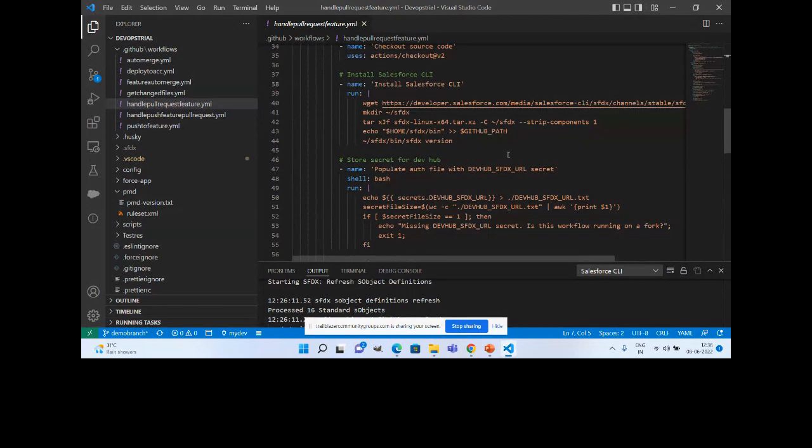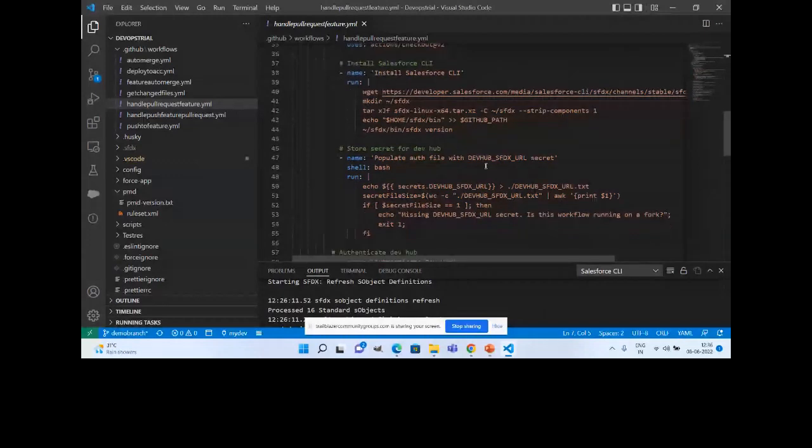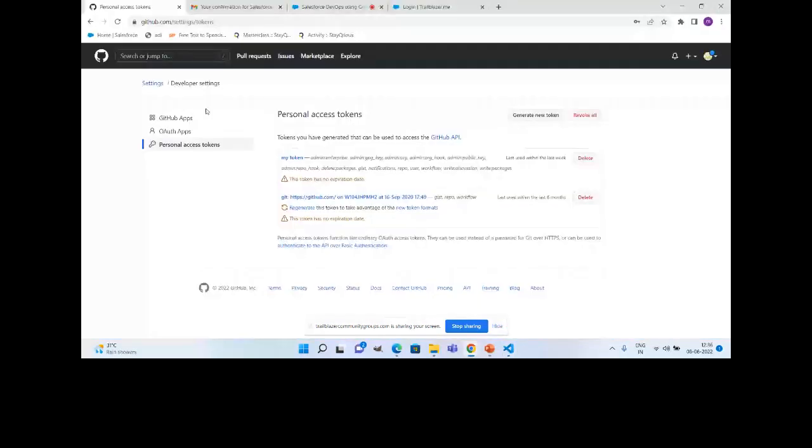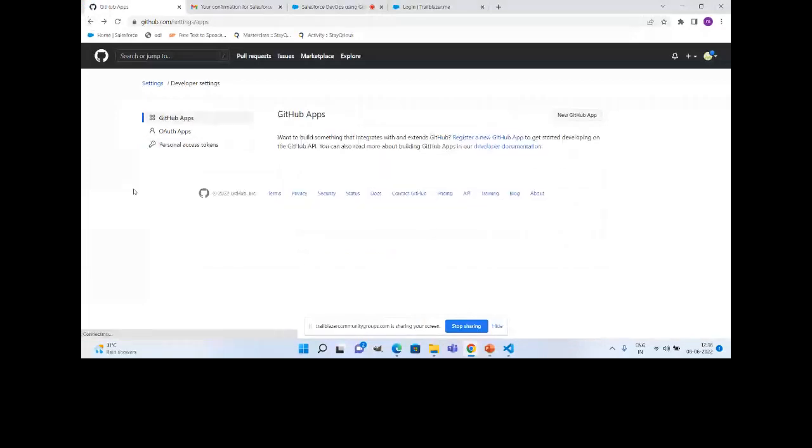And here it is being used in another sense, just for validating the component that you checked in. But if you need to create a scratch org, you need to have a dev hub, and you also need to create an auth URL. How you can generate the auth URL, there is a step. That file, that link, I will also share after the session. Once the auth URL is generated, with an SFDX command you will be able to generate the auth URL, and you can then set that as part of your repository.